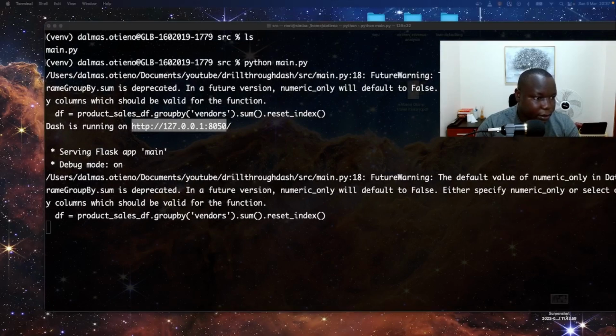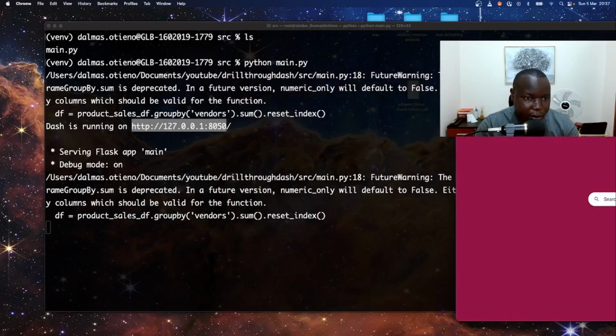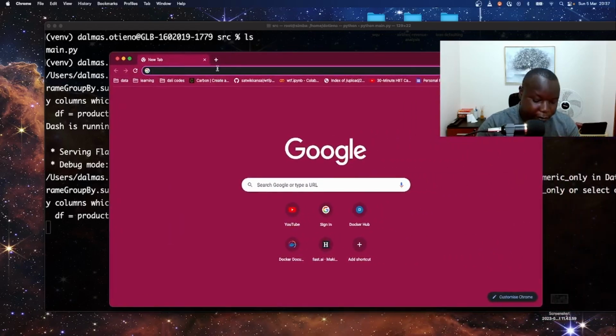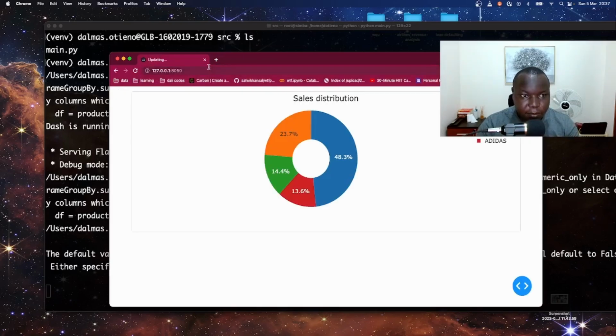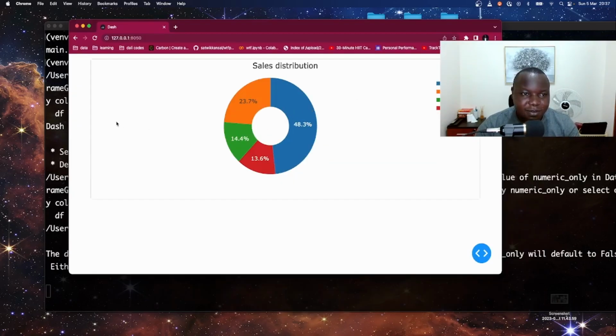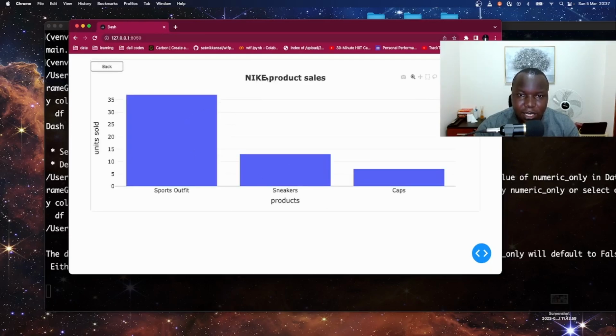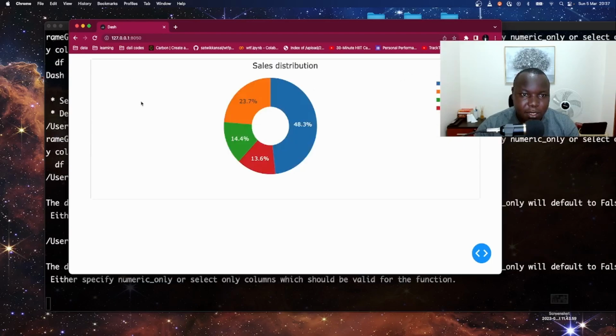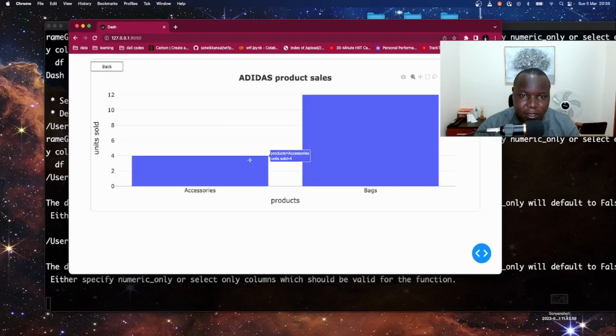So I'm going to try to get a browser window somewhere here, and I bring it there. So we're here, paste, enter. It doesn't look the best of charts or the best of visuals in the world, but when I click here, you can now see we are seeing Nike product sales, and our back button that I was talking about is here. If I click here, this is Vans, this is, I don't know that, this is Adidas. Let me click Adidas. We can see the accessory product here. Yep, so that is what I wanted to share with you